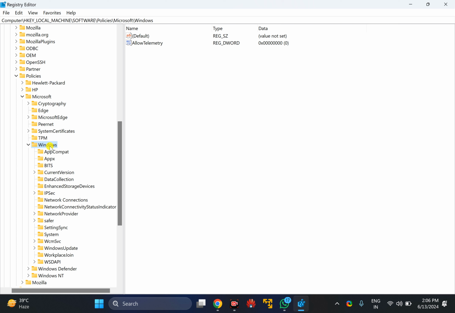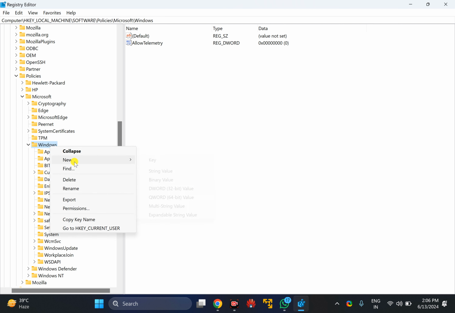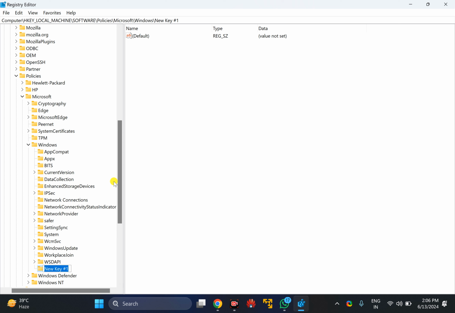Now select this one Windows key and right click on it. Here select new and then key option. Name it Windows Update and then click outside. In case the Windows Update key exists, select this one and then on the right side right